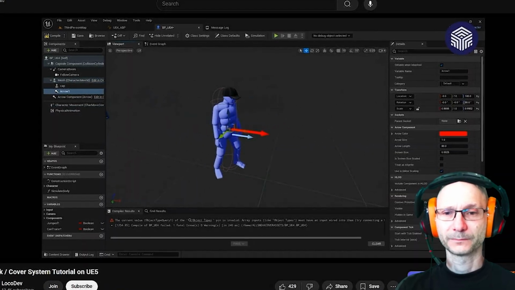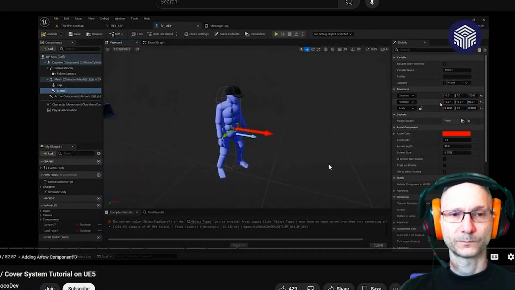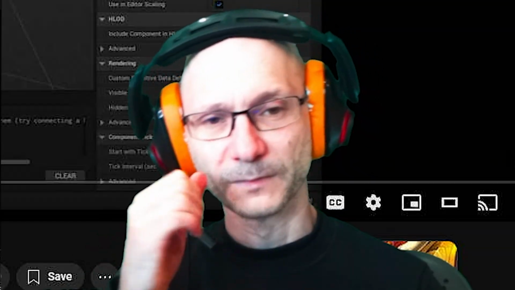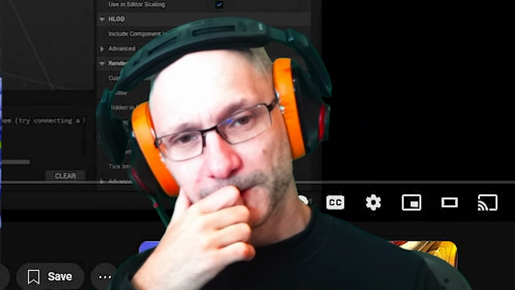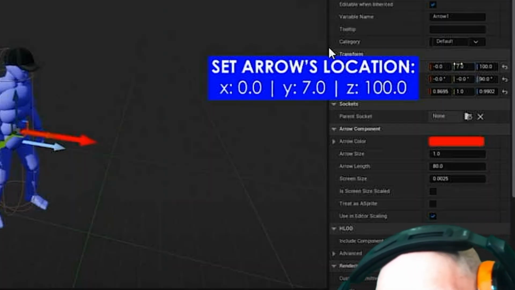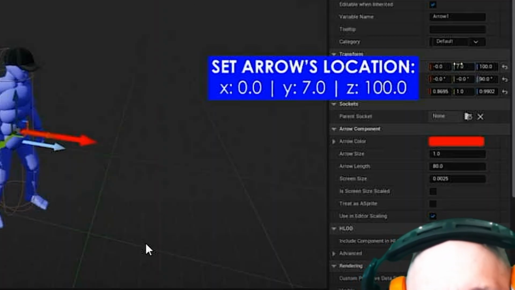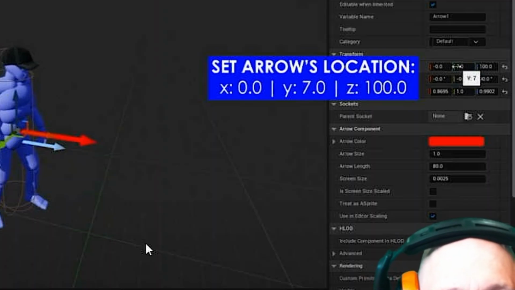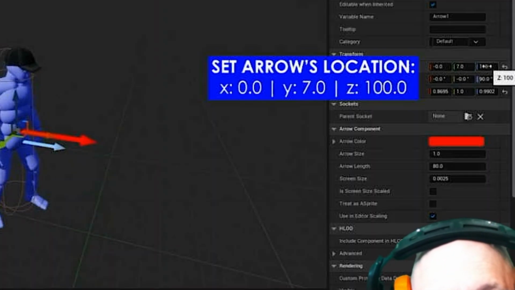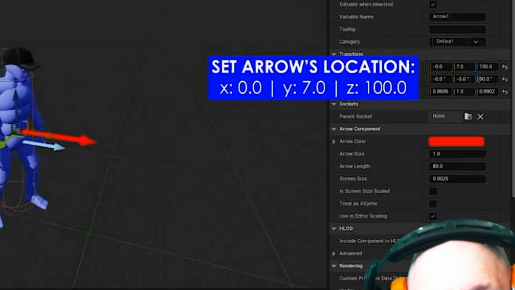Another thing you have to notice is the location. There are some settings on the location, so I can easily go back and set this up if I need to. The Y is set to 7 and the Z is 100, so keep that in mind.